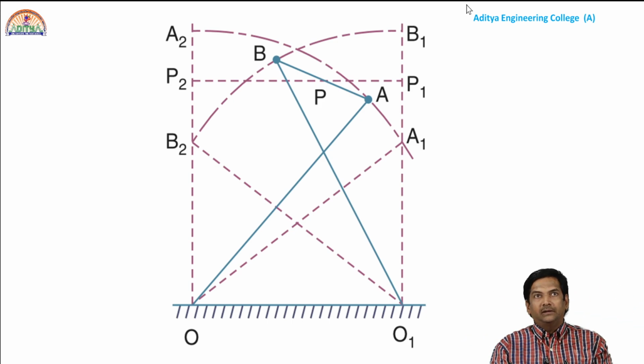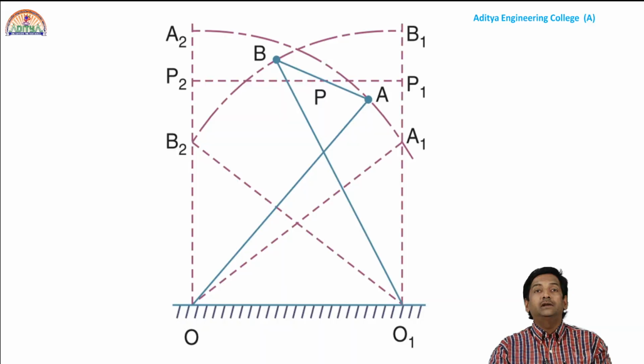the line AB will be exactly perpendicular to O1. That means whenever we are having a cross link like this, right? So it is moving, so this will be perpendicular like this. If it is moving like this, it is perpendicular here. So here it is B1 A1 or A1 B1, then on this side it will become reversed, but it should be perpendicular. Like this, the lengths need to be adjusted.